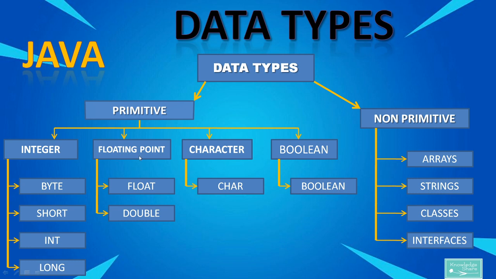In the same way, floating point as well. If you want to store decimal points like 1.25, 2.50, such decimal points will be stored using floating point. In that also you have float and double with different sizes. If you want to store a huge number of decimal point data, then you have a double, and if it is less, then you have a float. Coming to character, if you want to store characters, for normal purposes you will use a character, which has a limited length.